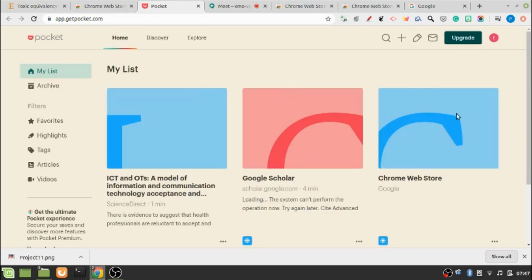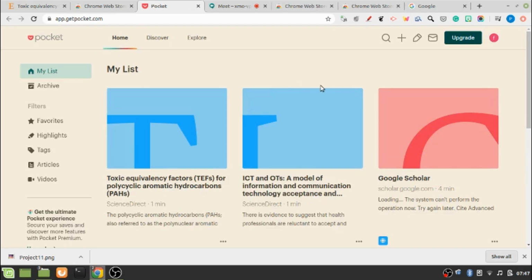For the first-time users, Save to Pocket extension will ask you to sign up, and once you sign in, this interface will appear in front of you. And under this My List section on the left hand side of this page, you will find all your articles listed. So whenever you get free time, you can visit My List section and read the articles that you had kept here. And one important thing to note is that this extension is device independent. So you can enjoy the same saved items whether you are using a mobile or a tablet or a desktop PC.